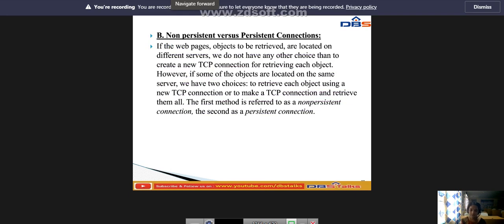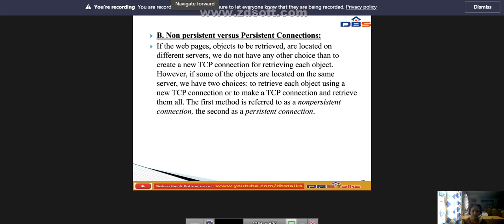Next, non-persistent versus persistent connection. So what is meant by non-persistent versus persistent? In web pages, if the objects to be retrieved are located on different servers, we do not have any other choice than to create a new TCP connection for retrieving each object.